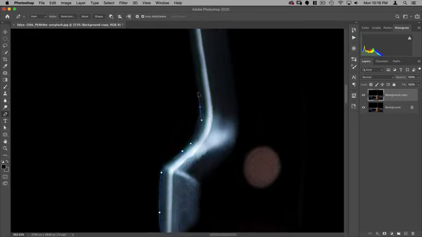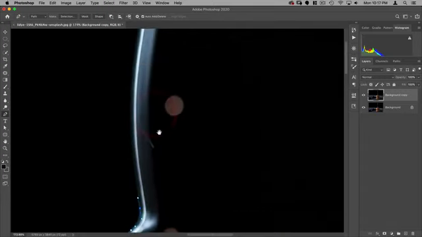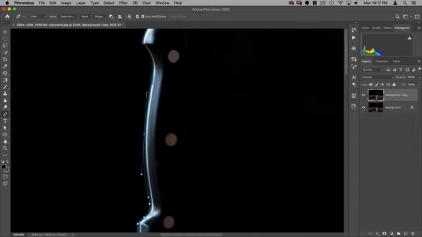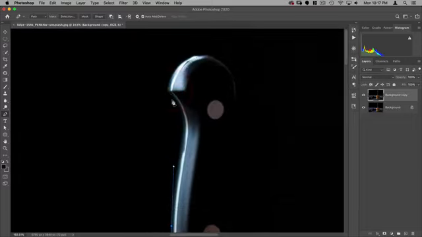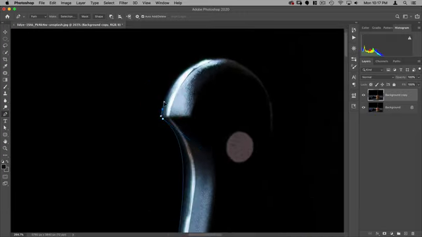Here you can see I'm doing this relatively fast just because I have a lot of practice. As a general rule, when you're using the curves, the less anchor points you can make, the better. So in this case, if I can make one anchor point here and then use the handles to determine this curve, I'll get a nicer curve. I'm going to hold down Option to cut that off there and then just keep going.